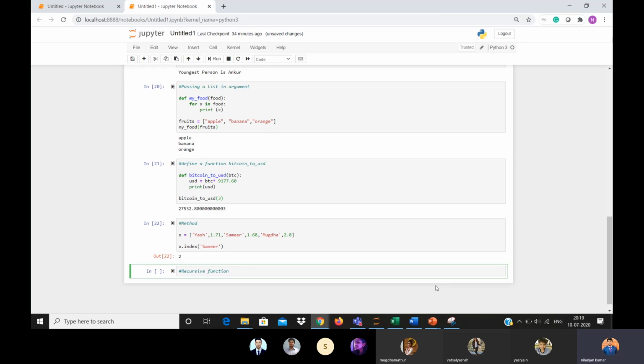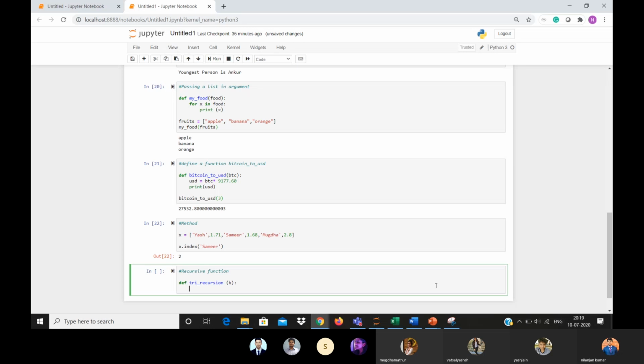So let's take an example. I'm making a function, with a variable k.